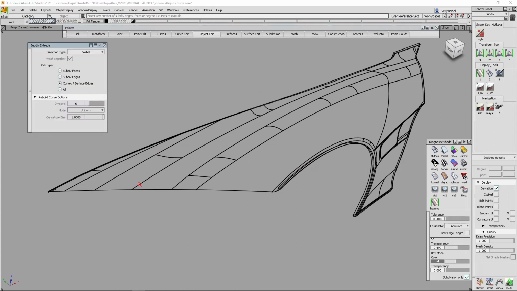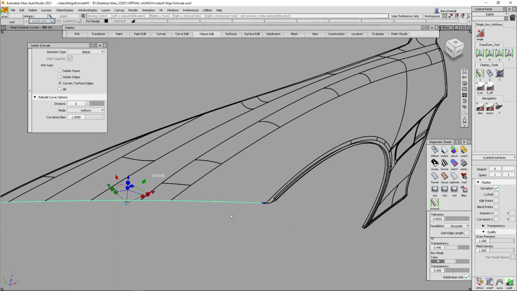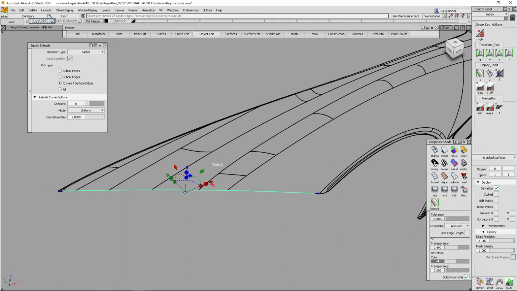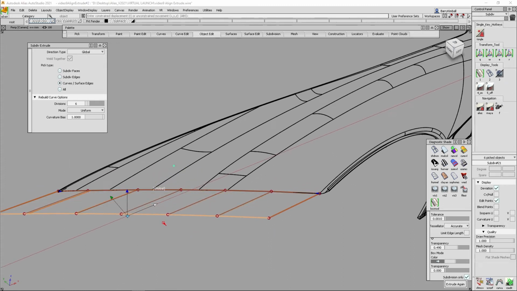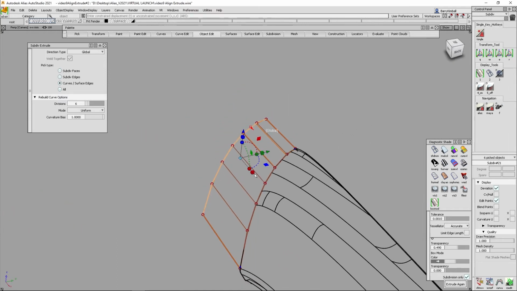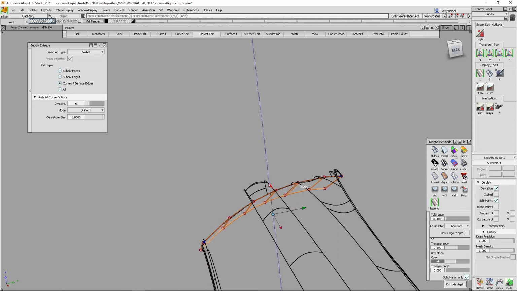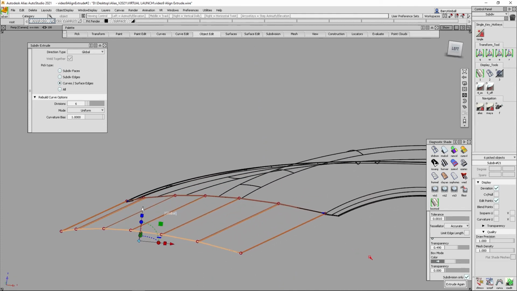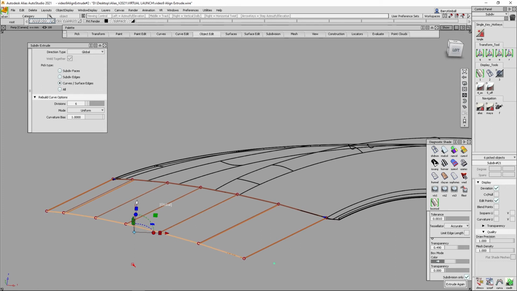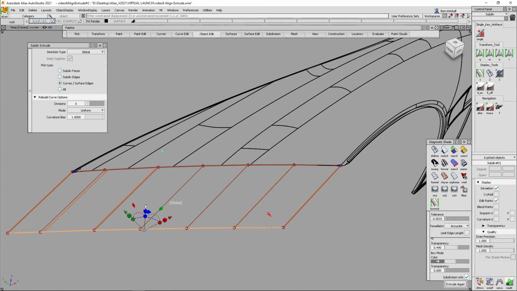Now these are surface edges, right? So I could pick these surface edges. These are trimmed surface edges, okay? And now we could come off of this guy. I'm just going to look over here a little bit, maybe move this down. I'm just trying to get a decent approximation. We can come back and try to get continuity and things like that with this later. I'm not really worried about that at this point. I'm just trying to show you how we can now extrude a subdiv off of surface edges, whether they're trimmed